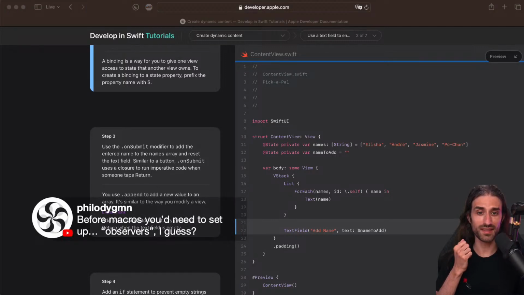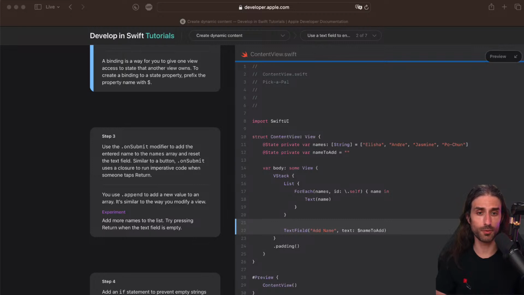So yeah, before macros, you needed to explicitly set up observers, and this would be a nightmare. And that's why SwiftUI, which has a goal of being simple and accessible, didn't go down that road. But what the macro does is that it sets up observers. It's the observer pattern that you might have learned from design patterns, or even if you use Java. Back in the days, Java had the observer pattern built in, so you might have also used it.